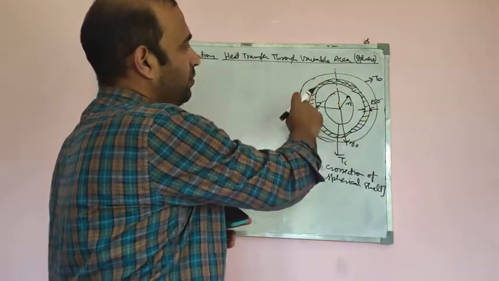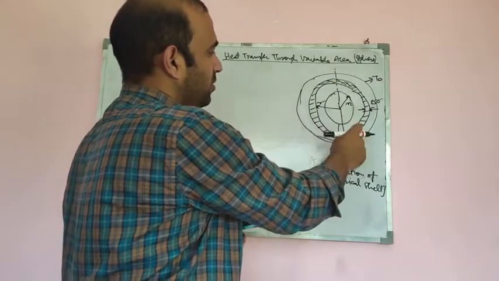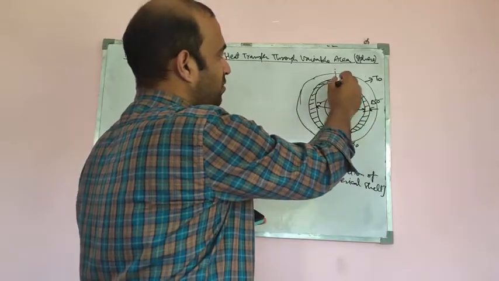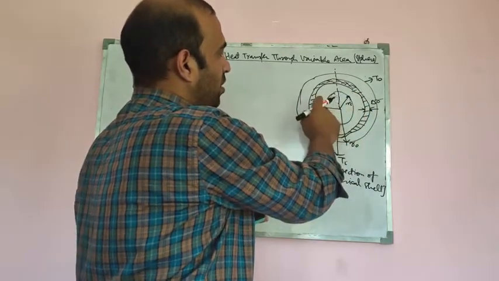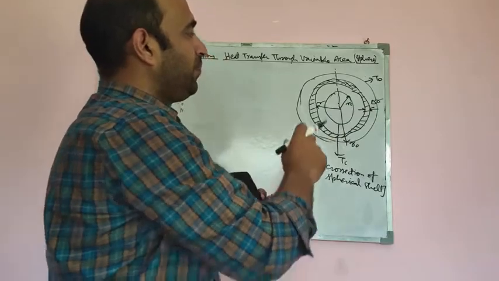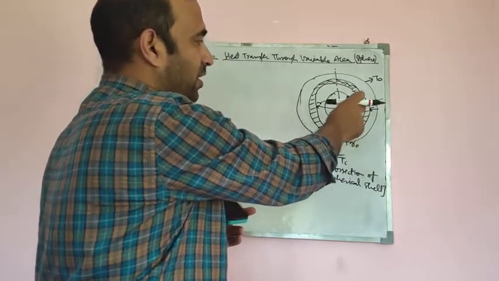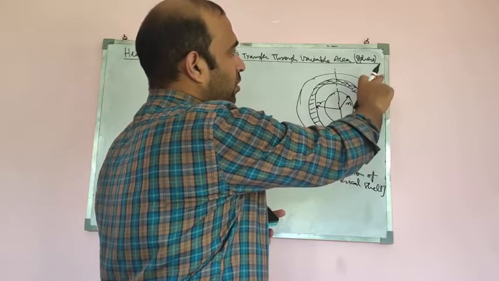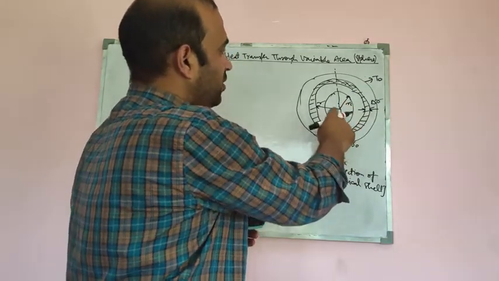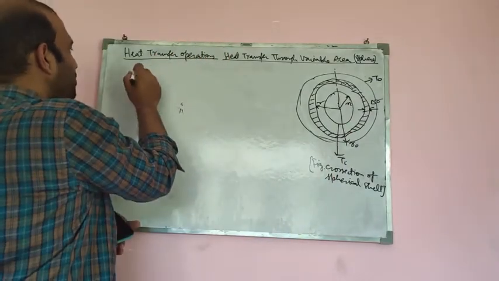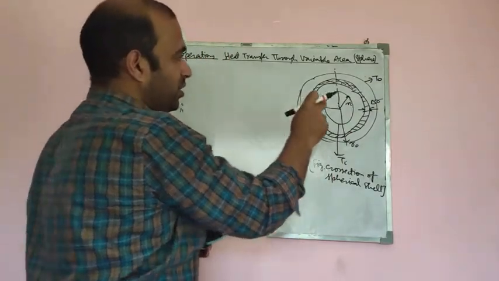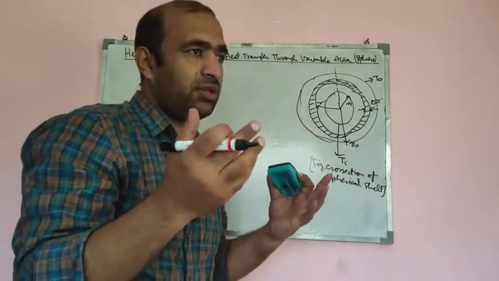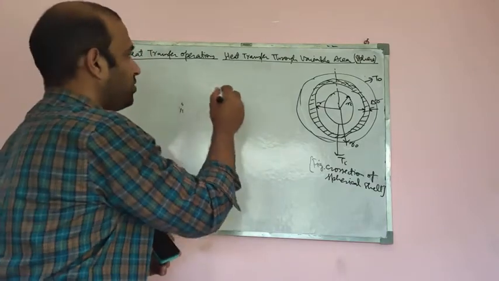We have a sphere, and this is the outer radius and this is the inner radius. In this sphere I am considering a thin spherical shell of inner radius r, and its thickness I am considering as delta r. Delta r is the thickness of this thin spherical shell, and the outer surface is at temperature T0, that's T outer, and Ti is the inner temperature. So the rate of heat transfer through this spherical shell will be determined in the same way as we did in the case of the cylinder.